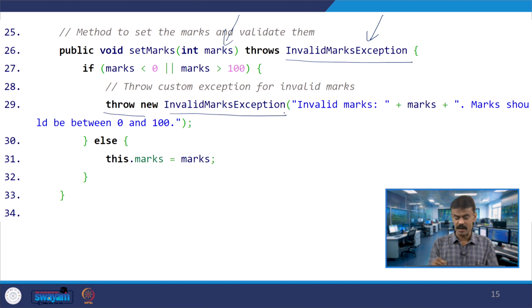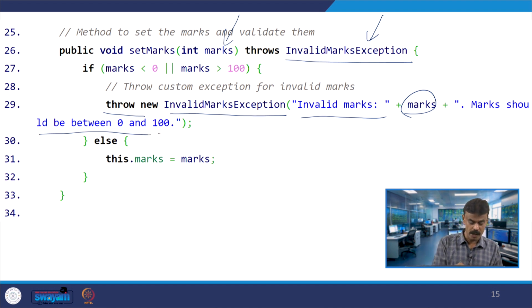So InvalidMarksException is thrown, then it prints certain statements, for example if the marks are -5 or 105, whatever the marks be. It will give information to the user: marks should be between 0 and 100.